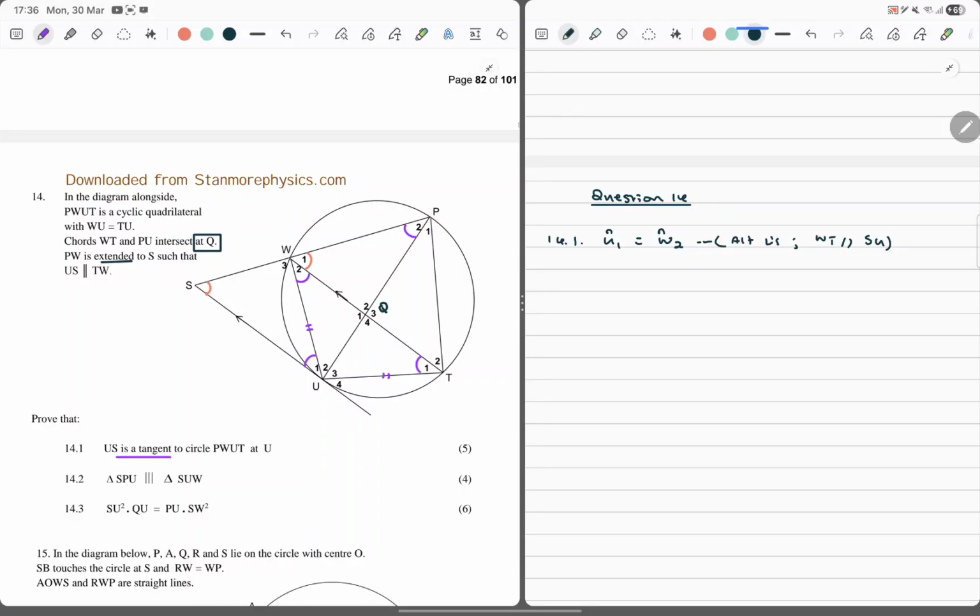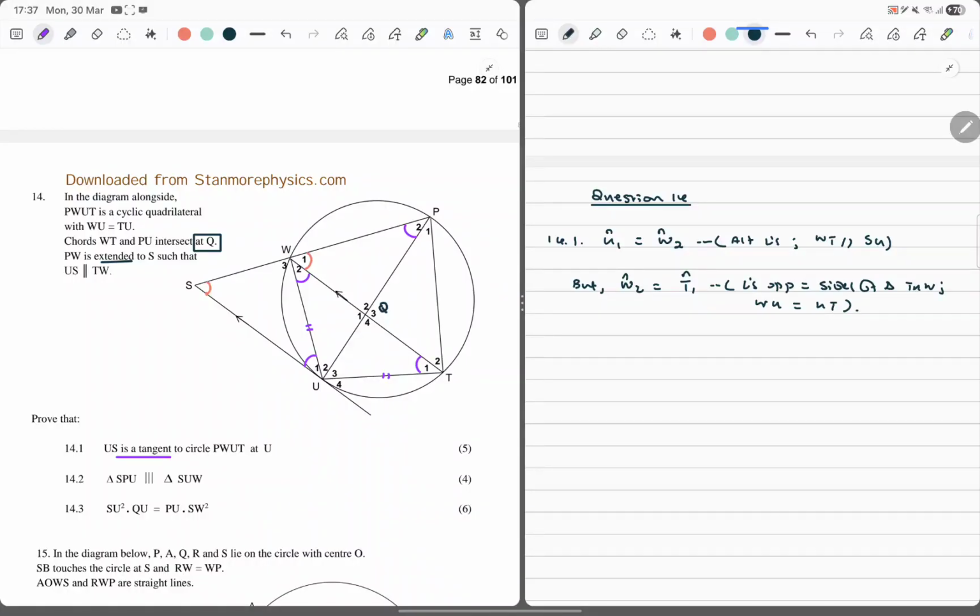Right? That's the first thing. We're going to say, but I know that W2 is equal to angle T1. Why is that? These are angles opposite equal sides of triangle TUW,